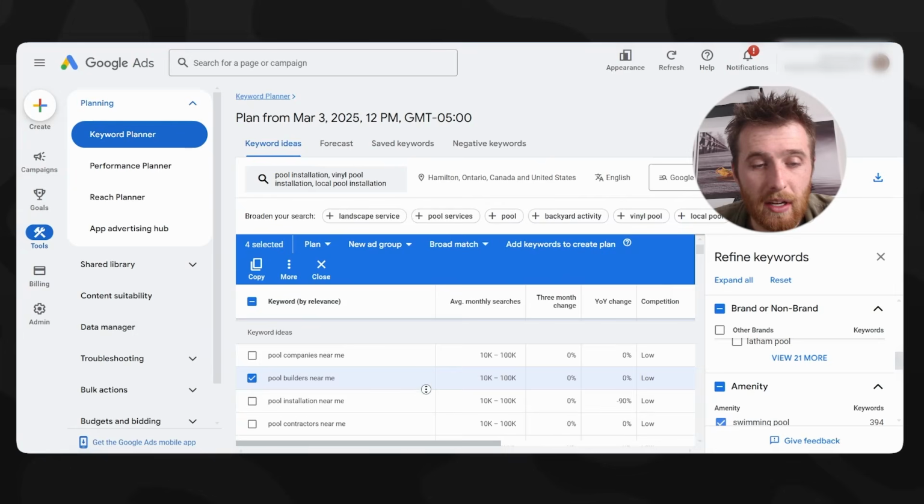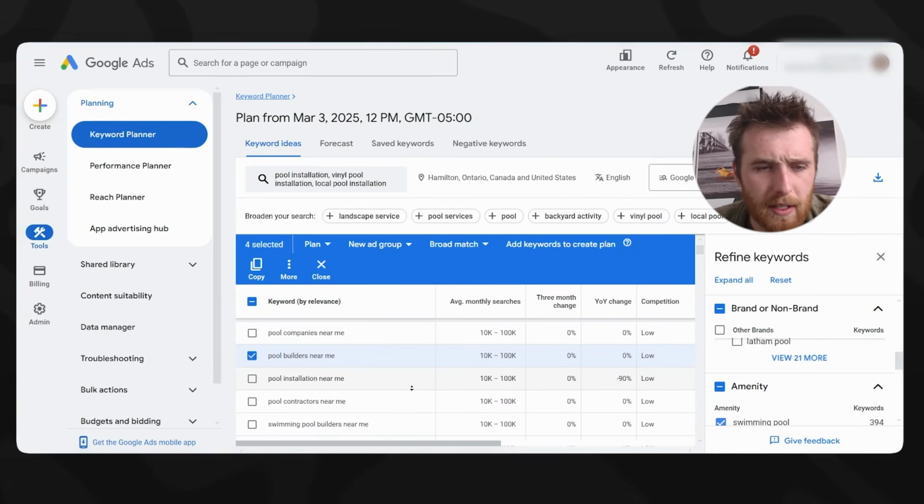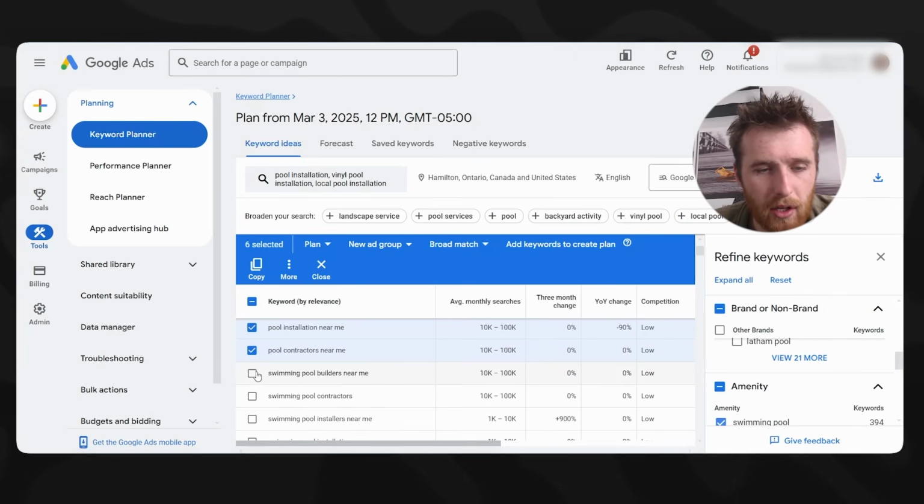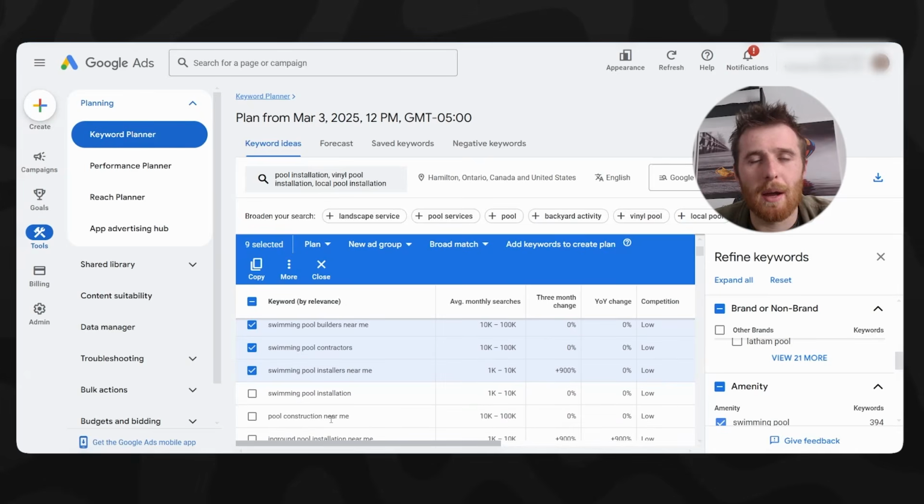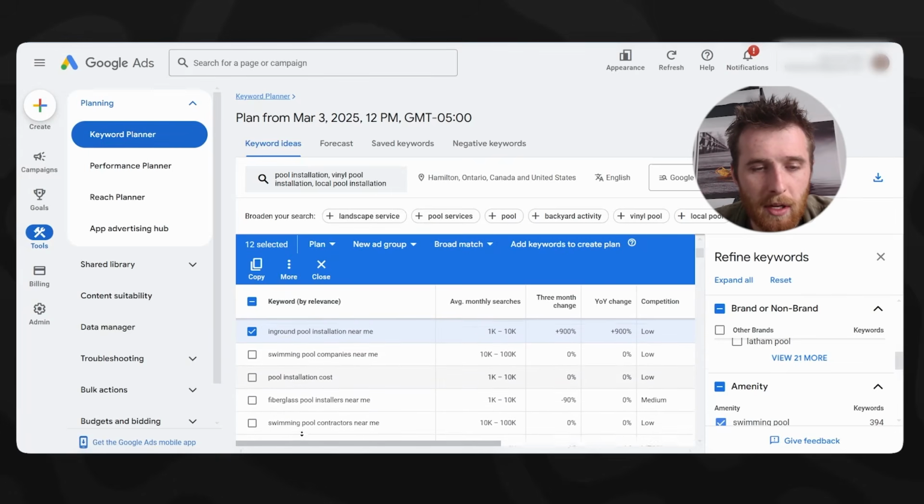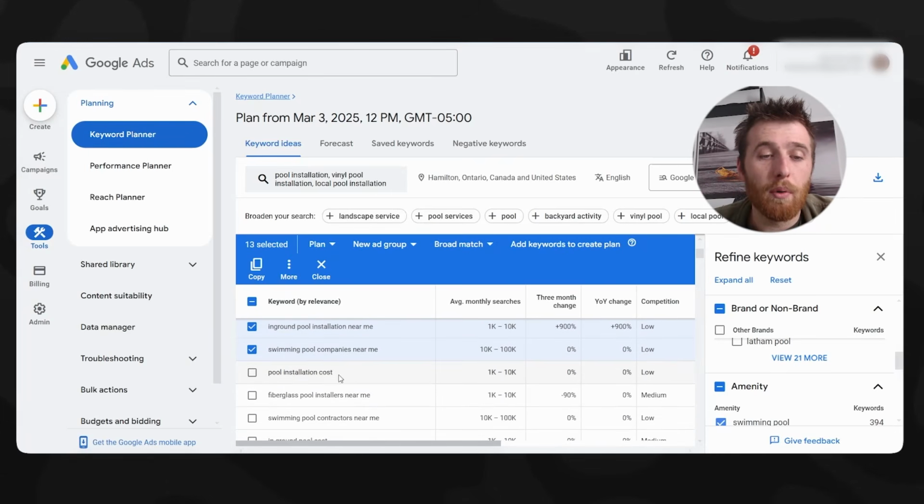Pool builders, that's a good indication. I'm just going to leave companies out here to simplify things. Pool installation near me, excellent. Pool contractors near me, that's a good one. Pool builders, contractors, installers. As you can see, that starts to become a theme of, okay, these people are clearly looking for pool installation, pool construction near me, in-ground pool installation near me, pool companies near me, pool installation